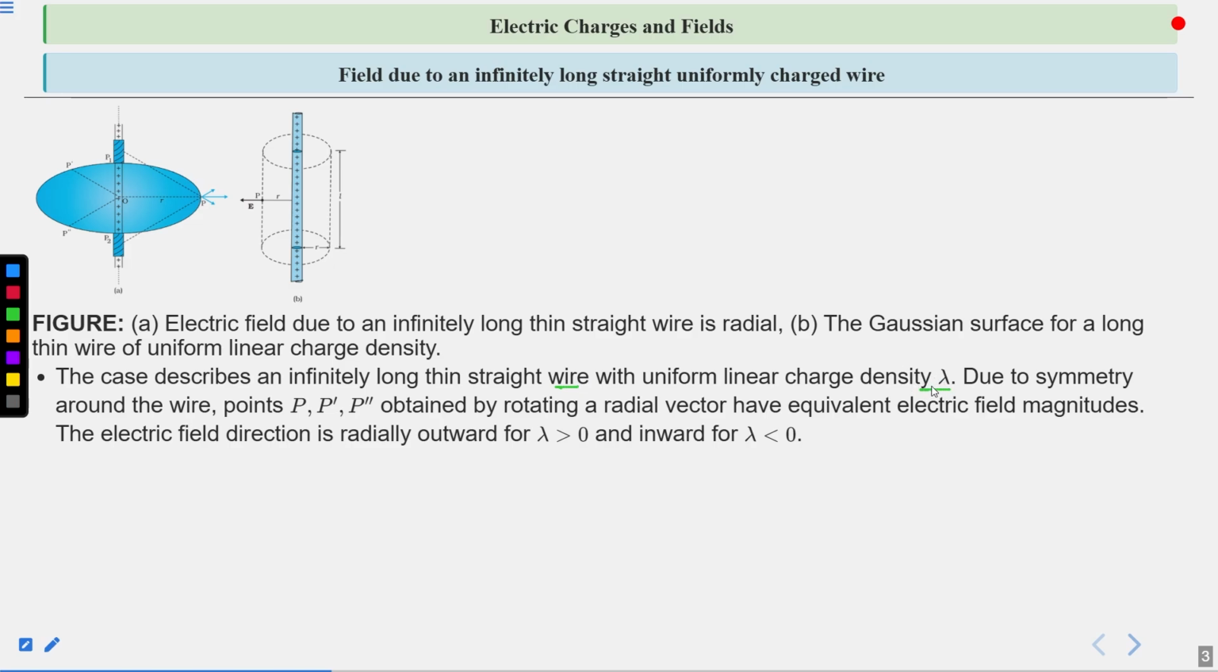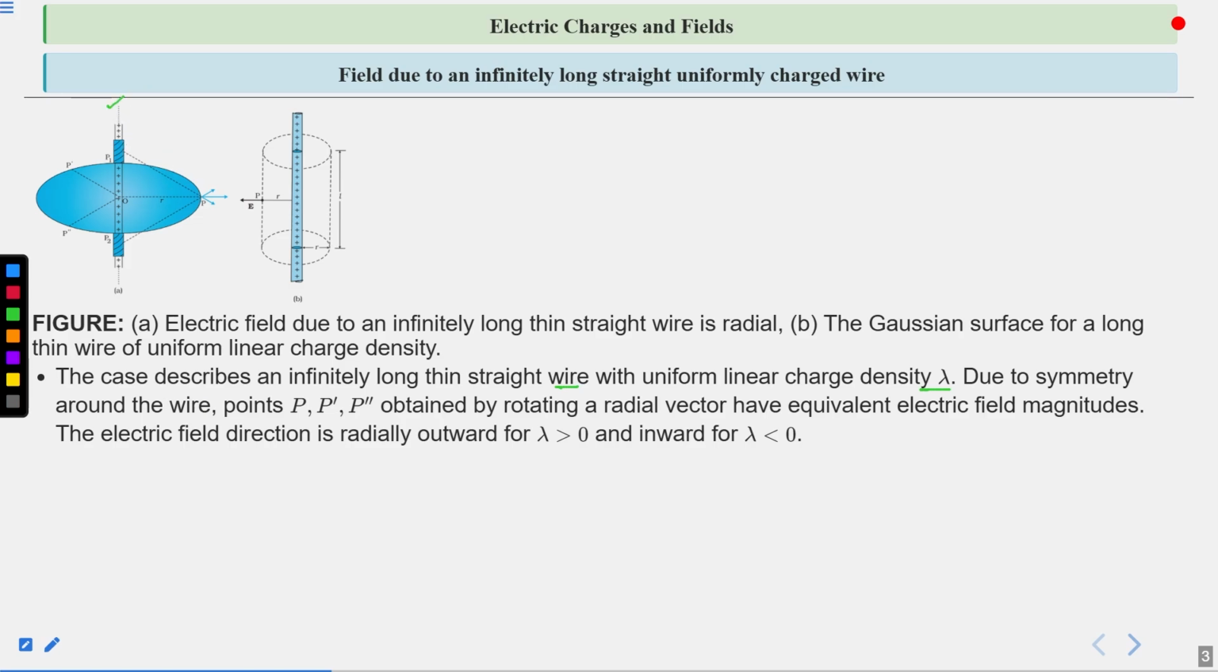So what will be the value of lambda? Charge per unit length. Charge per unit length means charge divided by L, where L is the length. It means lambda will be Q divided by L. Due to symmetry around the wire,